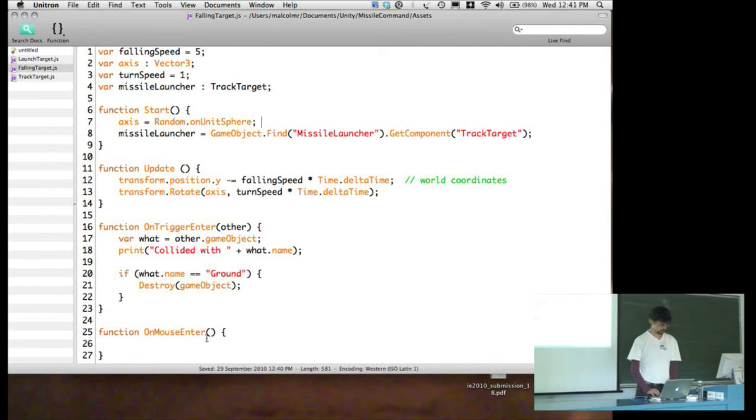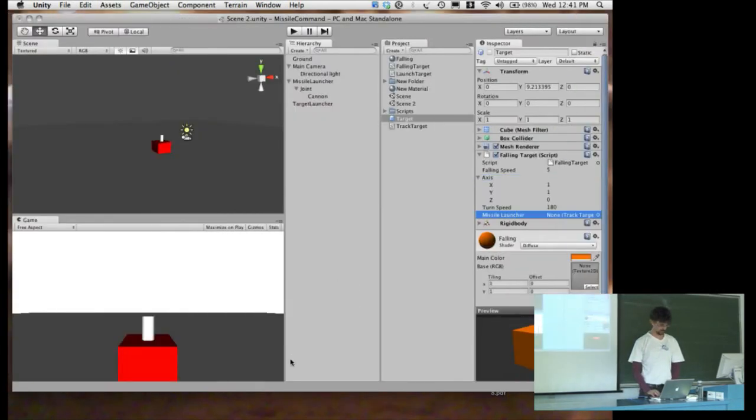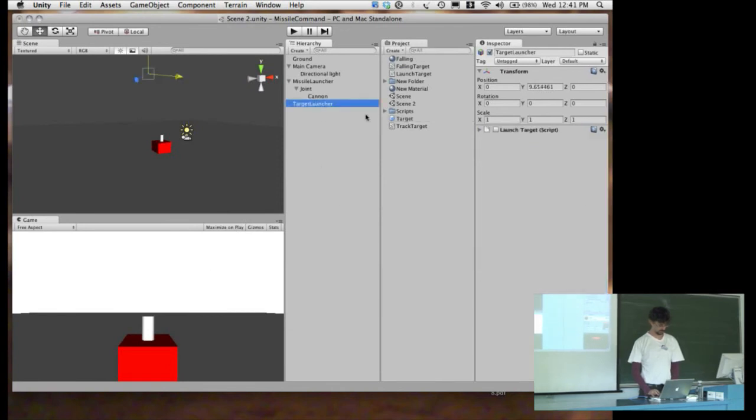So when the mouse enters an object, we'll just set the target equals game object. When the mouse is over this target, we set the target, and then the missile launcher's target is now equal to the game object. So we take this track target script that we've got a reference to here, we access the target variable, and we set the value of the target variable to the current object. Now, hopefully if we come back over here, turn our target launcher back on,